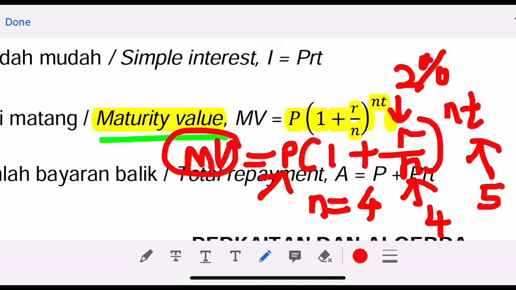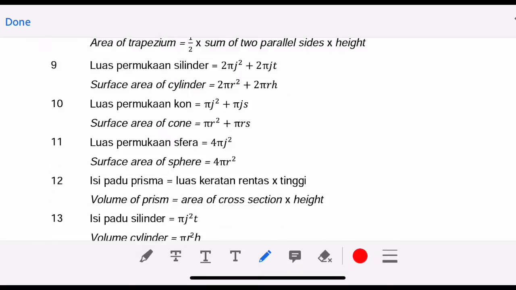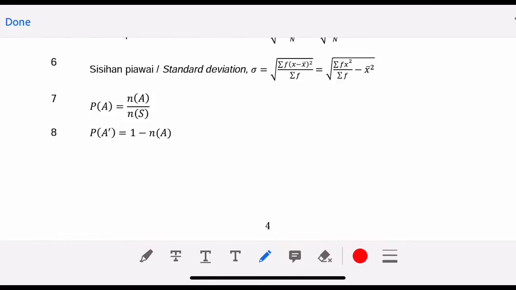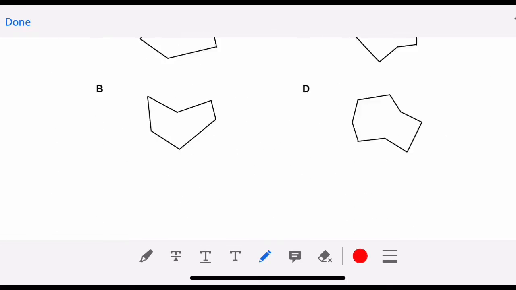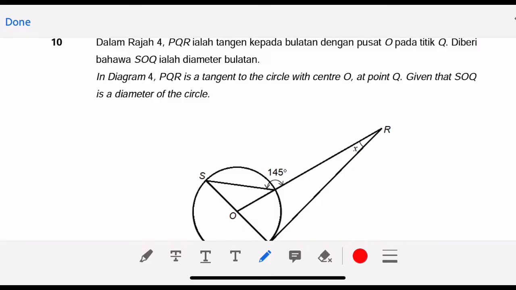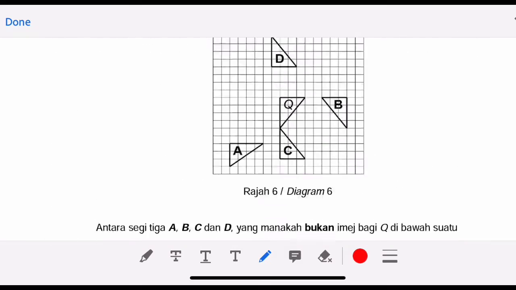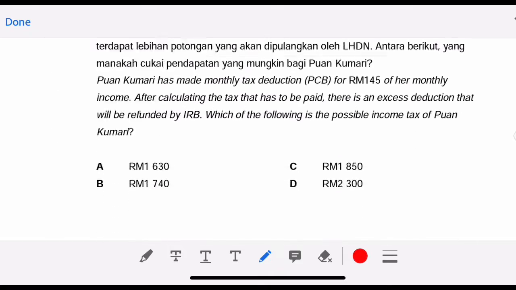MV is the maturity value, equal to P times (1 plus R over N) to the power of NT. Now we're going to use this formula to solve this question. So please bear in mind how to find maturity value, that is, using the formula. But now the problem is the question gives you